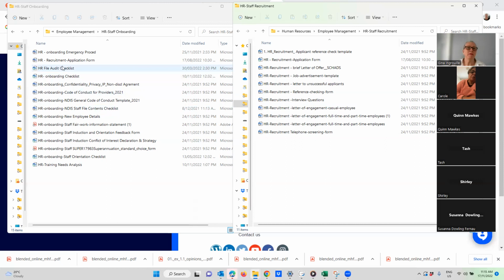So, for example, I keep a basic file checklist in there, because auditing your files on a quarterly basis, if you can, will save you an enormous amount of pain and anguish down the other end of your next audit.